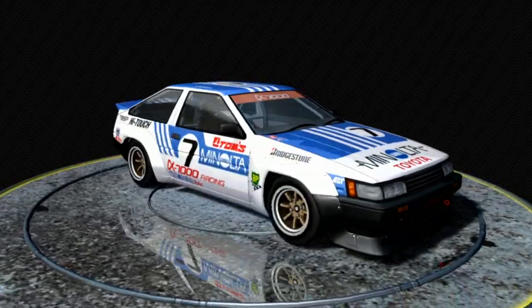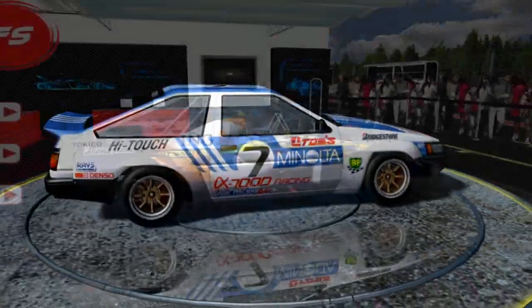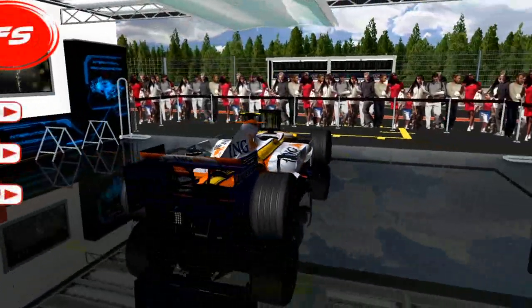And from the Mod of the Year Awards, we've taken 2 cars, and they're in our top simulation cars of all time. That's right. We looked at a few of the contestants, or the cars running in that Mod of the Year Awards, and we picked 2: the Toyota AE86, or the Toyota Corolla, and we also picked the FS1 Renault, or the ING car, some people might know it as, and we put those both on top sim cars for today's show. And we're going to start off with that segment and see how those 2 cars hold up